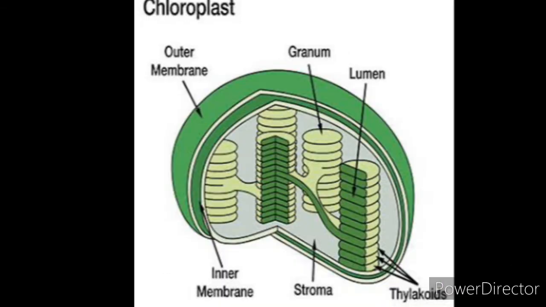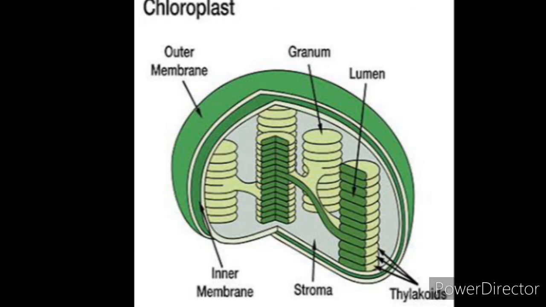Now the chloroplast consists of different parts. Let's see the parts one by one. First is the envelope. The envelope consists of inner and outer membrane, and these are separated by the intermembrane space. You can see here the inner membrane and outer membrane, isn't it? Between this inner membrane and outer membrane there is a space, which is called the intermembrane space. So there will be a vacant space between the inner and the outer membrane.